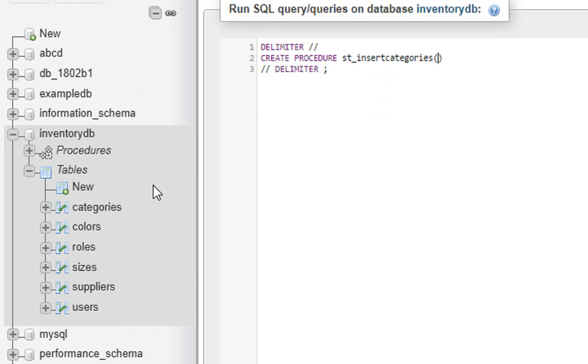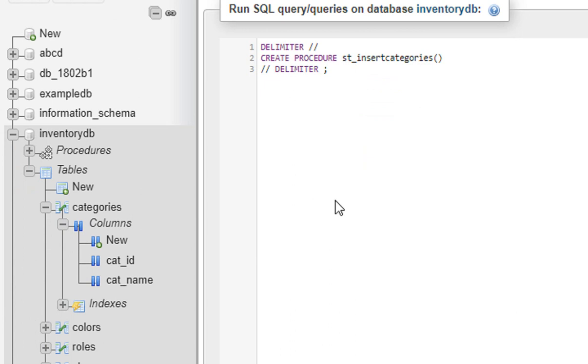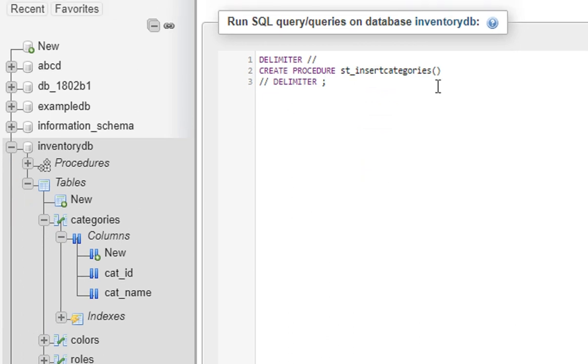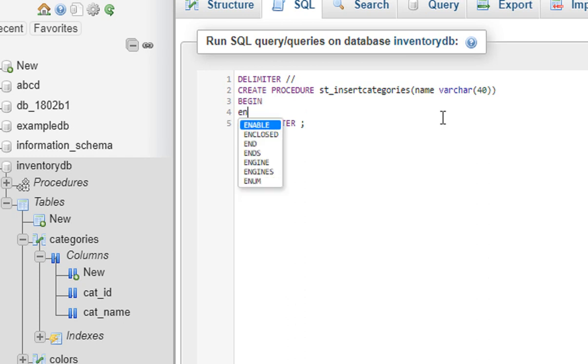Now what I wanted to insert inside categories, let me open it, and you see I have the columns. Only name I have to pass here. Because ID was auto increment, so name, and it should be varchar 40, and that's it. Come inside, then open the bracket with begin and then end, and then come inside and create a query for